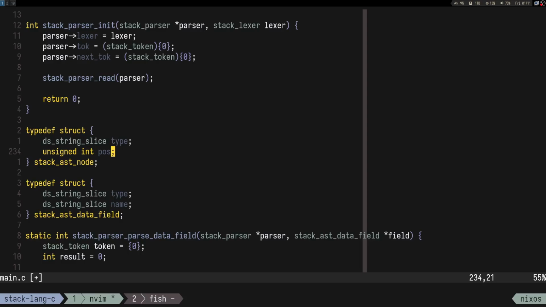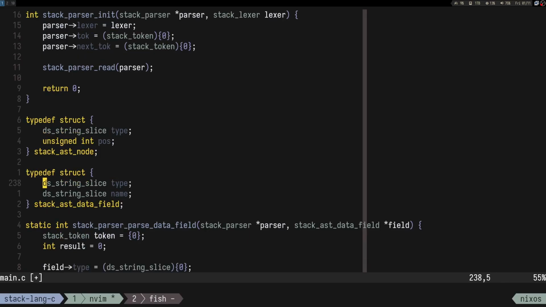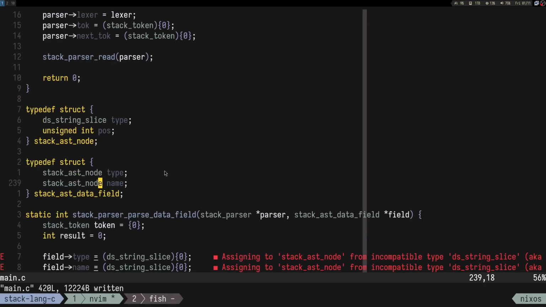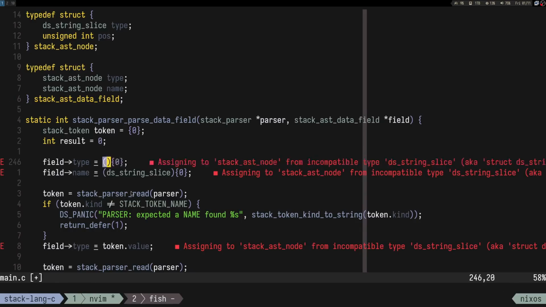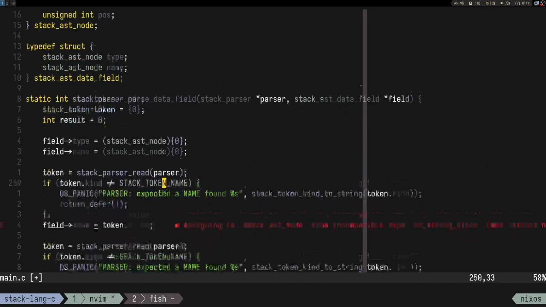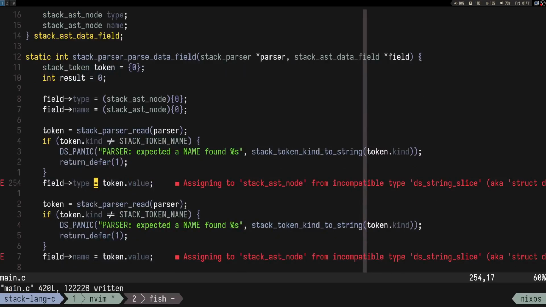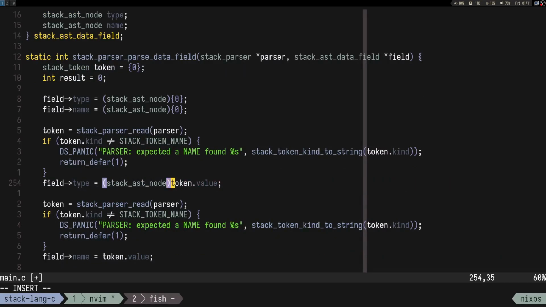I guess let's keep it as pos, and the idea is that when we print the error, we convert it to line and column. It's not worth converting it to line and column before we actually need it, so let's do it like this. All right, so then we should replace all of these with something like this. So stack AST node, right? So even here is going to be stack AST node,